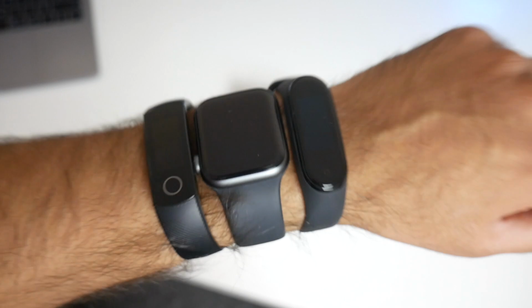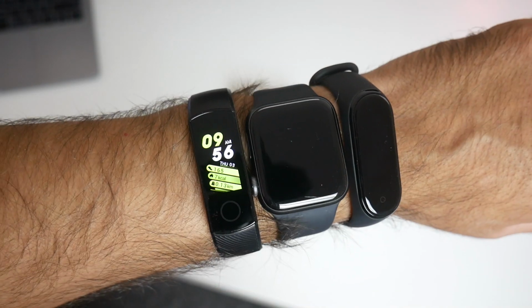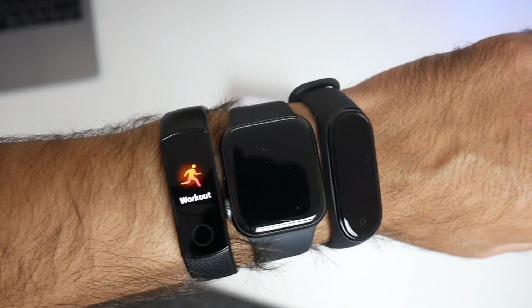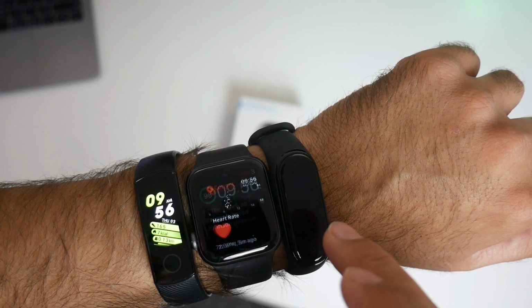Let's do it again. Same, Apple Watch, Honor, then Xiaomi. So I am pleased to say that the Honor Band 5 will give you a very fast screen on hand raising. And whilst I do have all 3 watches on my wrist, we may as well try running a heart